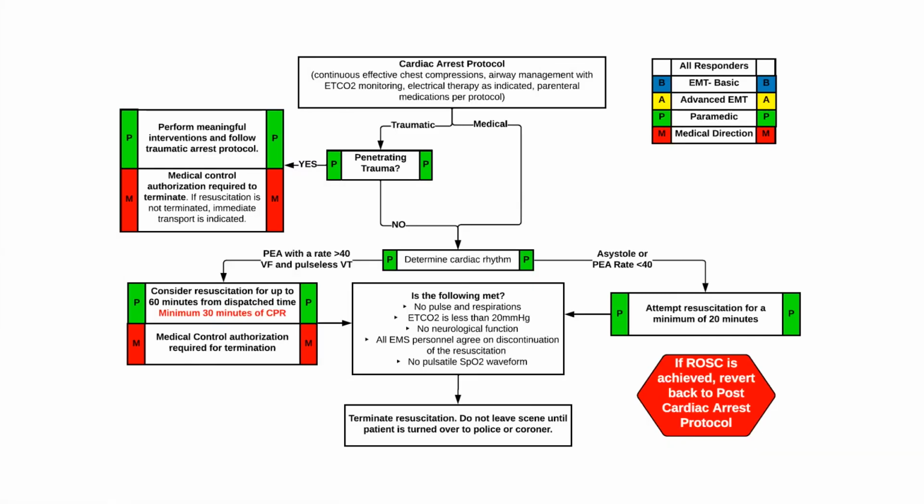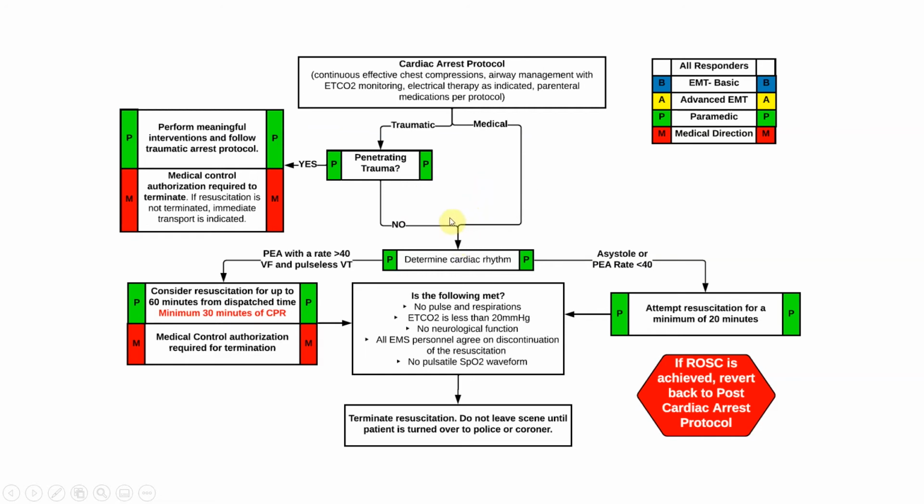So this is the protocol, or a section of the protocol. And you can see that it's a little complicated, right? So we separate it between medical and traumatic. There's a special section for traumatic cardiac arrest, or traumatic arrest with penetrating trauma, because those patients, penetrating trauma, generally have higher survival rates if you get them to a trauma center compared to those with blunt trauma. If it's someone with blunt trauma, we do the same as if it was a medical arrest.